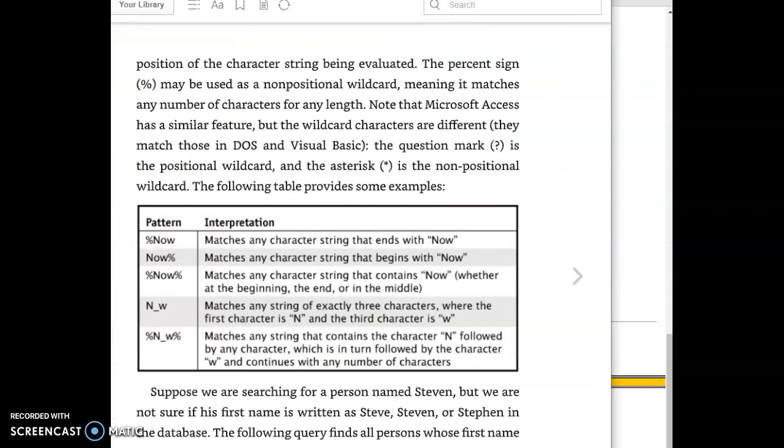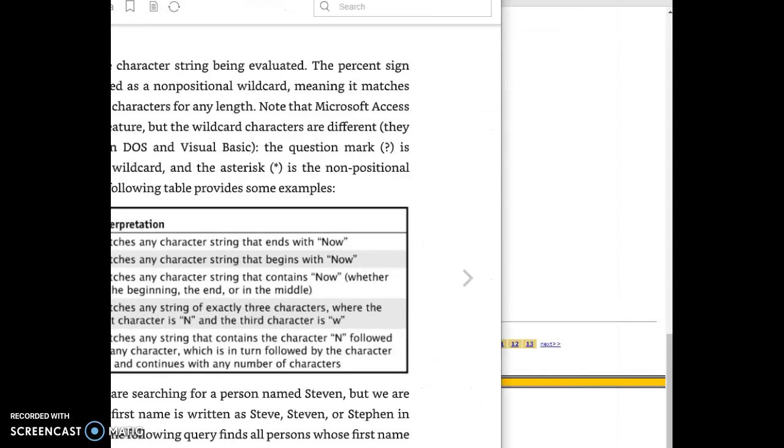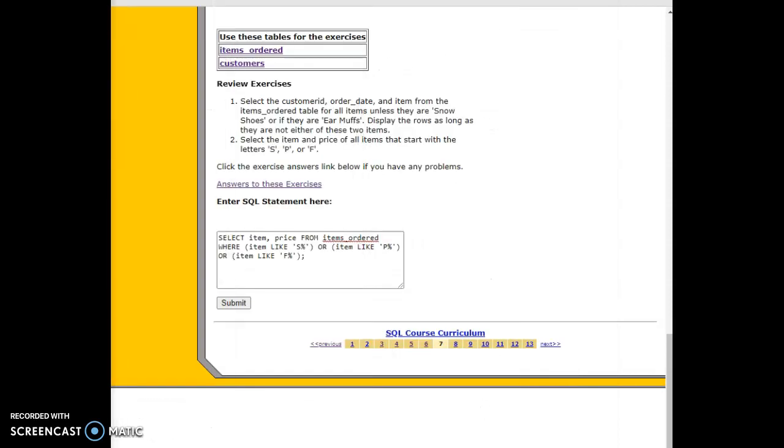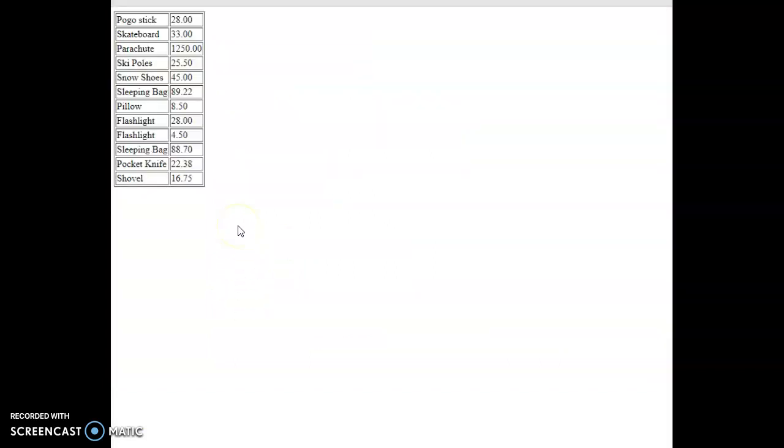It's right here where you can use the pattern for a matching character at the beginning or an end. And then the third question, oh wait, I gotta submit this just to show you, has all the items that start with an S, a P, and an